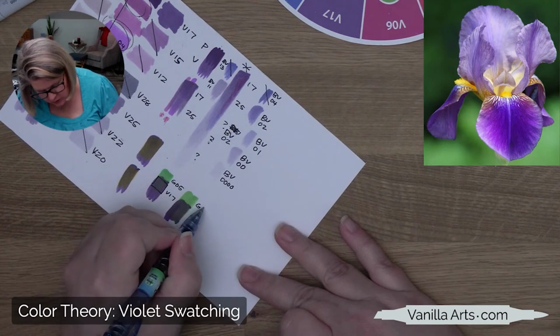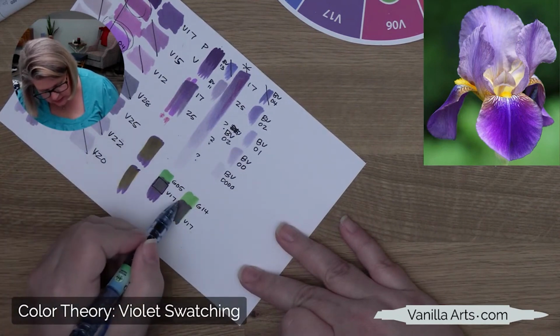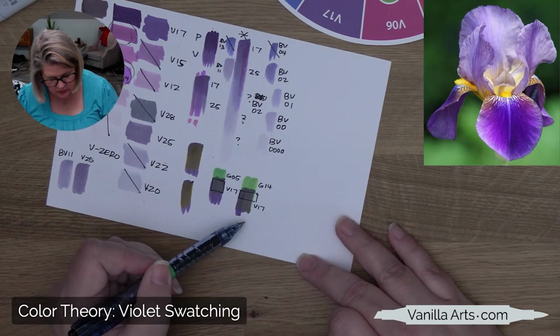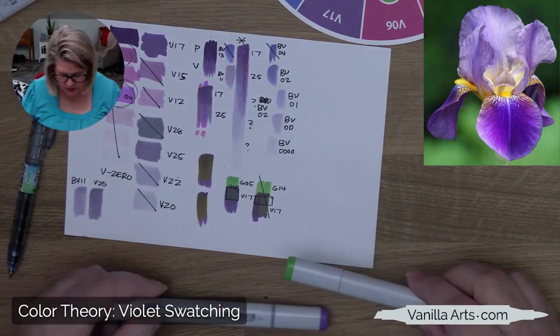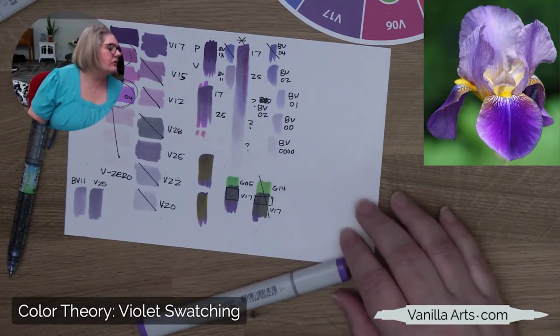So this is G14 and the V17. And this one, as it's aging, I'm starting to see more of the green come through. I like the G05 better. So if it's between those two, I'm going to pick the G05. So let me set this one aside. All right, so G05,